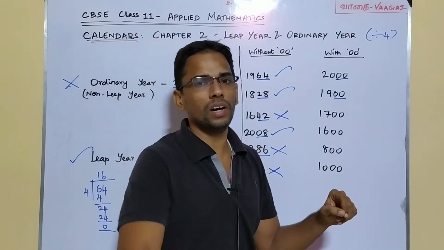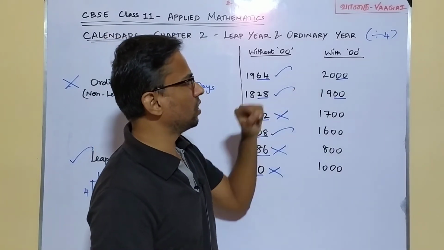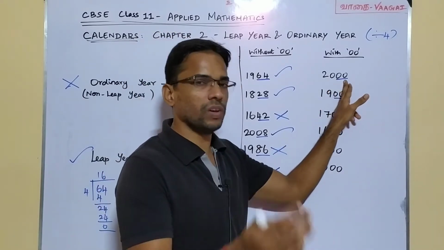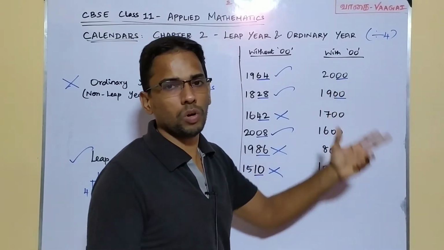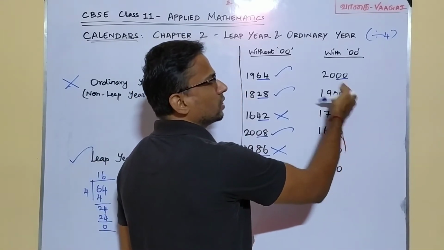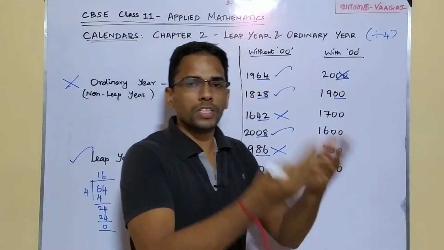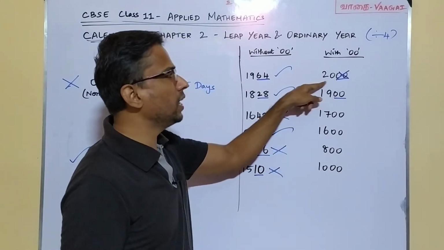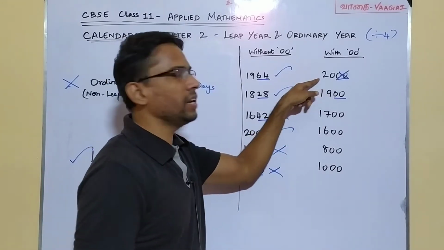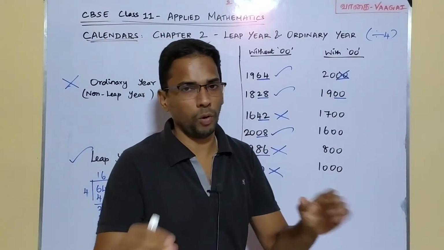But what if you are given a year which is going to end with double zero? Take this first year, exactly 2000. If you see the last two places, it is very clear, it is ending with double zeros. So what should I do now? Make it very simple. If your year is ending with double zero, then just forget about these last two zeros. And what else do you see there? You have the number 20 now. All you need to do is check whether this 20 is divisible by 4 or not. This is all you need to check. I hope the point is clear to you.